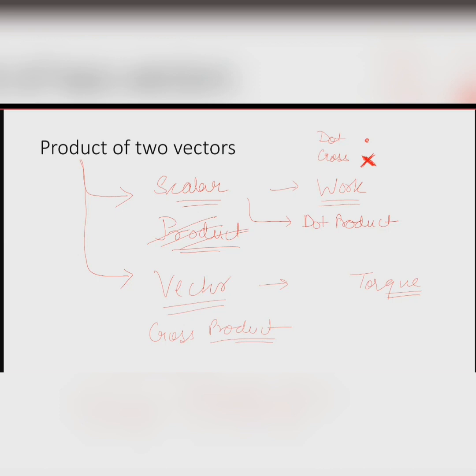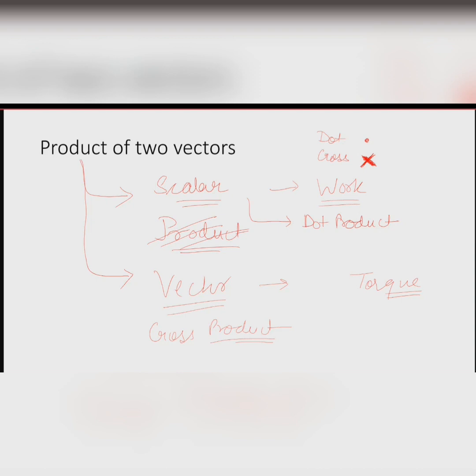So that's why it is called a vector product. The terms scalar product and vector product basically refer to the end result, whether you are getting a scalar quantity or a vector quantity as a result of that multiplication. That multiplication can be in terms of two operators: a dot operator or a cross operator. Fine. Today, we are mainly going to talk about scalar product, also called dot product.